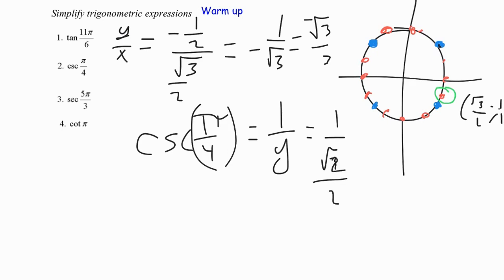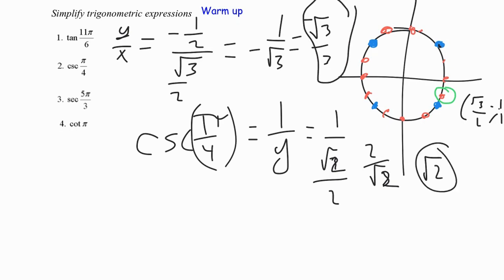Oh my god, that looks bad. Alright, and so that would be 2 over square root of 2, which ends up being square root of 2. Alrighty, let me just circle these bad boys. Secant is 1 over cosine,